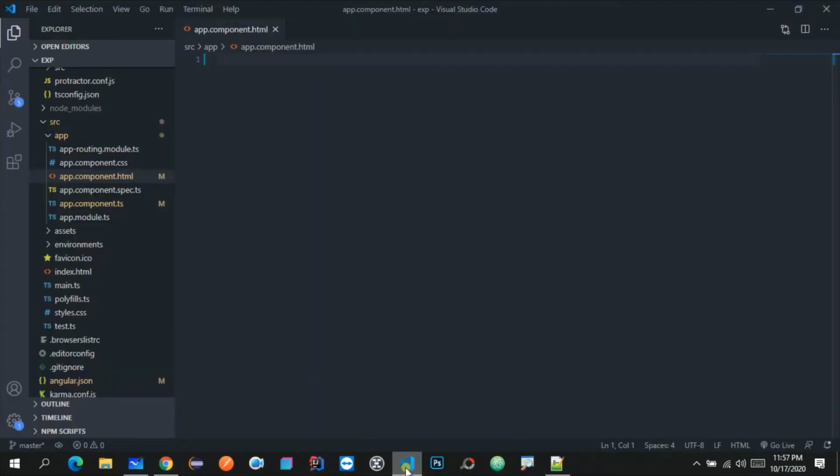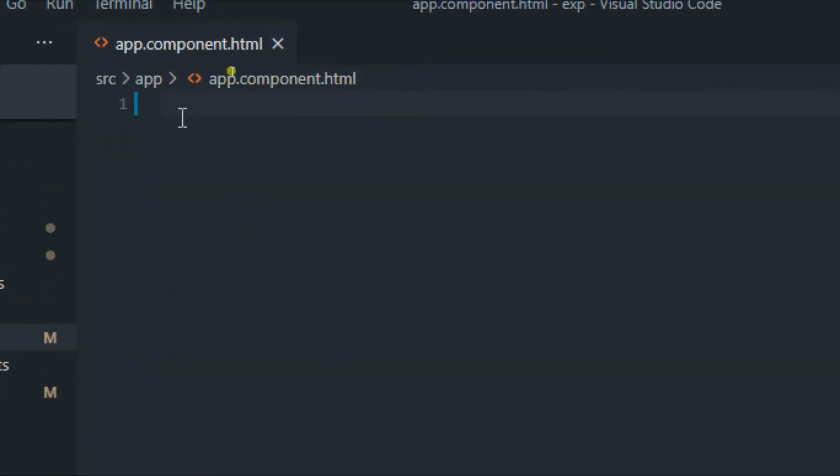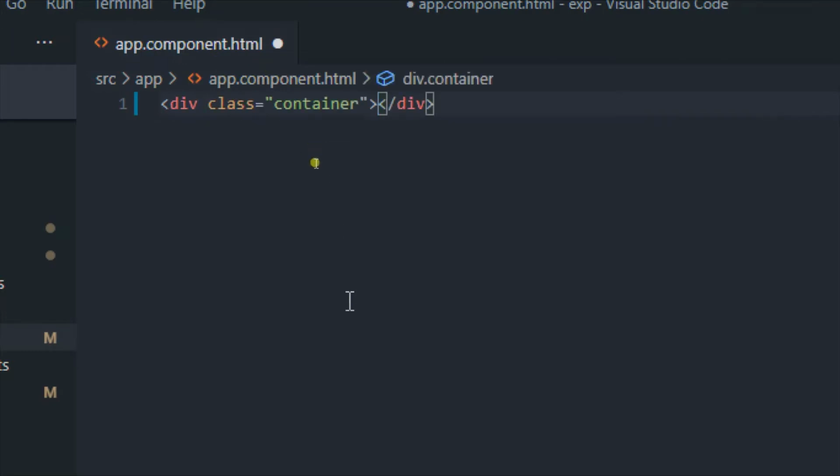In the same file, app.component.html, let me type some classes. So .container. Visual Studio is a smart editor. Whenever you type .container, it will create one div tag and consider container as a class.